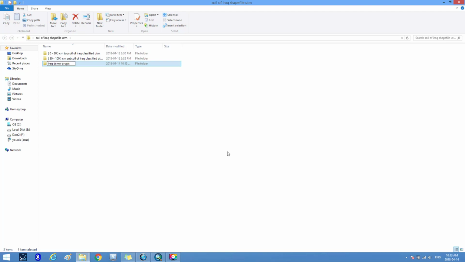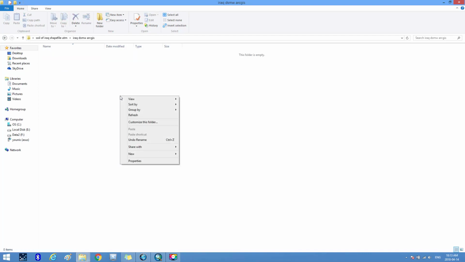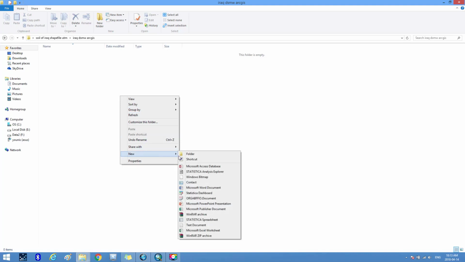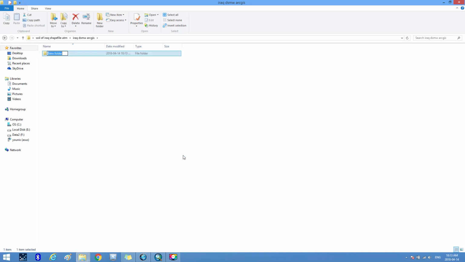As we see, then we open this file and we make inside it two other files. The first is titled Iraq DSMW shapefile,